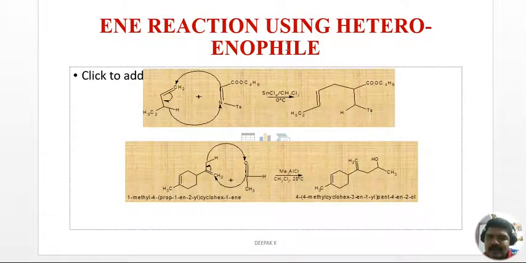And here the ene reaction is using a heteroenophile. Here you have an enophile which has a heteroatom, but you need not worry about it. All you need to have is a multiple bond. It need not be a carbon-carbon bond, it can be any other atom. And look at this, what is happening? The allylic proton is migrating to this nitrogen, this pi bond is migrating, a sigma bond is formed between these two, and this proton will be attached to this nitrogen, and that is the product. And another example, these are some examples, that's all.